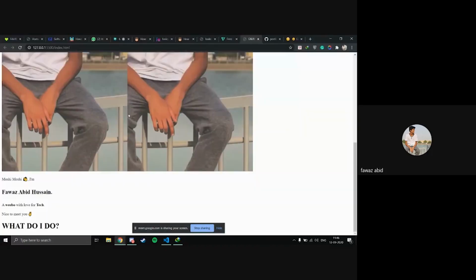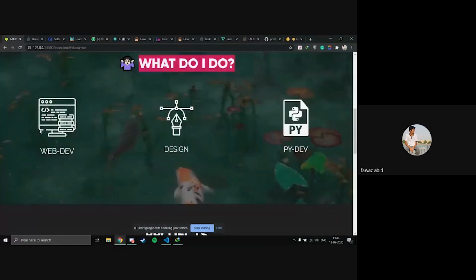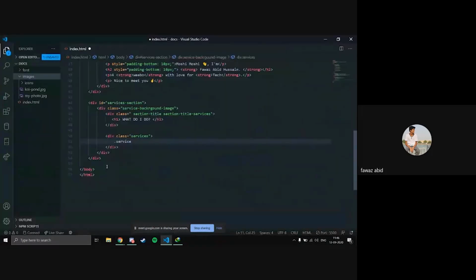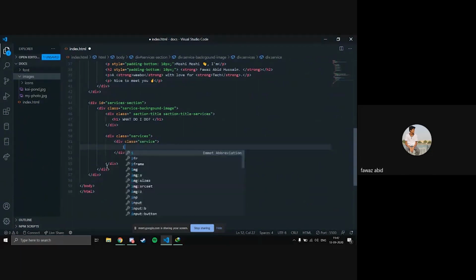These will be the containers for each one of these, each one of that service. And inside this we'll be adding an image tag. I have images for these already. Icons. Sorry. Images, slash, icons, slash